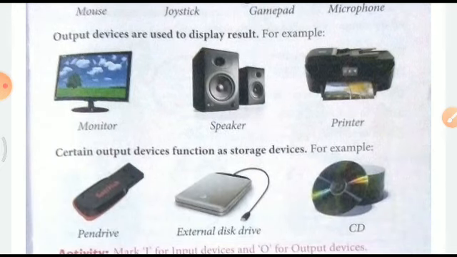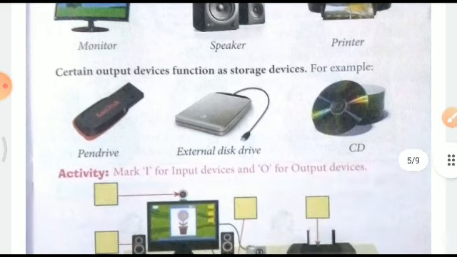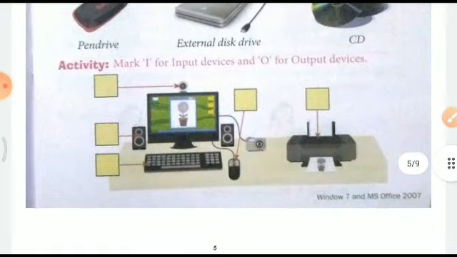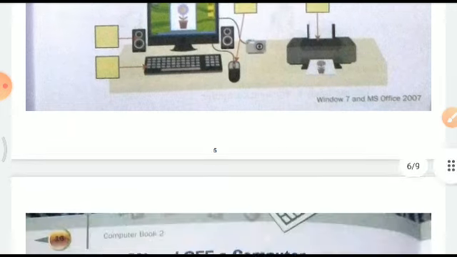And certain output devices also work as a storage device: pen drive, external disk drive, or CDs, right? Now there is an interesting activity here. You can mark input devices and output devices here. For input write I, for output write O.